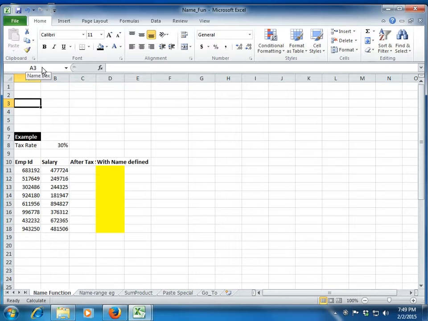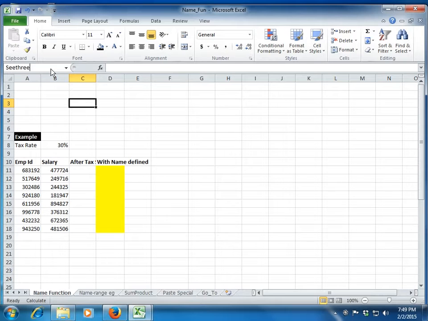There are two ways to create a name. First, let's say I want to name a particular cell, say C3. I place my cursor here, go to the name bar, and click on it, and you see that the name C3 has been selected. So instead of keeping the default name, let me give it a name. What name shall I give? Let me call it C3.